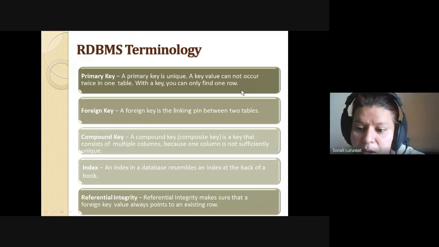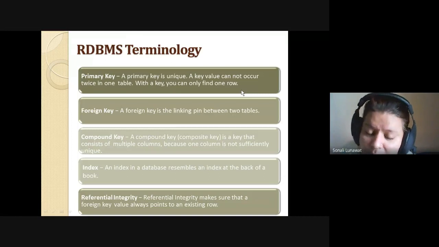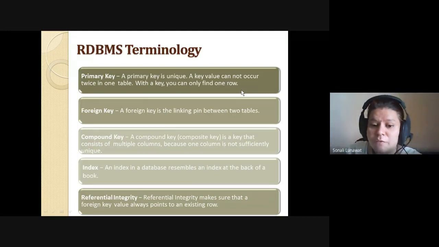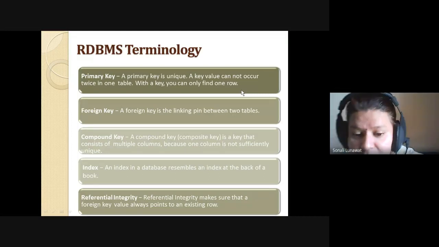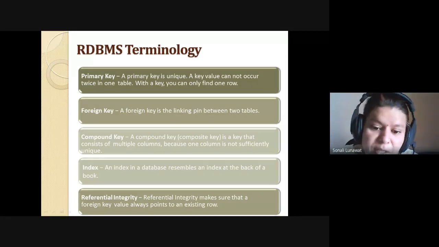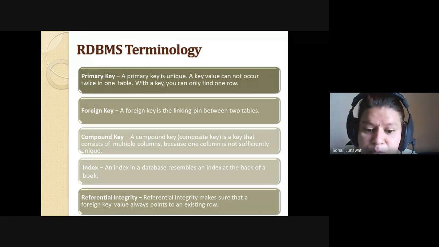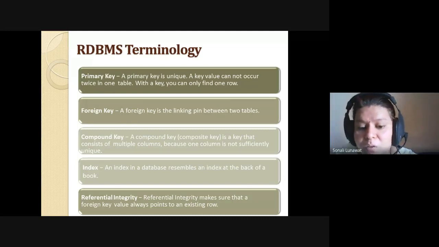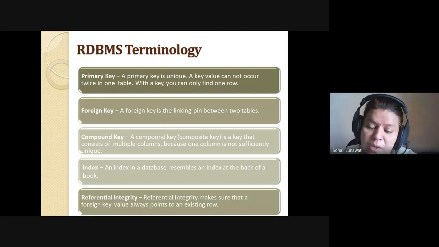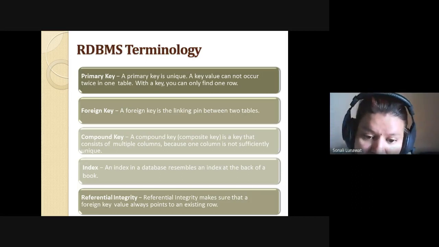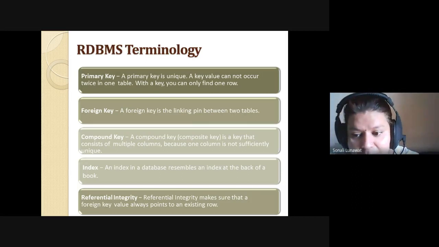Index is nothing but just like a book. If your book doesn't have any index, and I want to search something, I have to turn all the pages one by one to get the data. If the index would be there, the searching time will be reduced, because on the front page only I'll get the information on exactly where I'm going to find my content. So that is what an index in the table helps with.